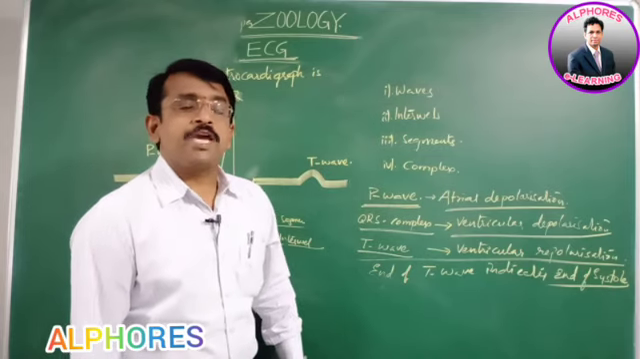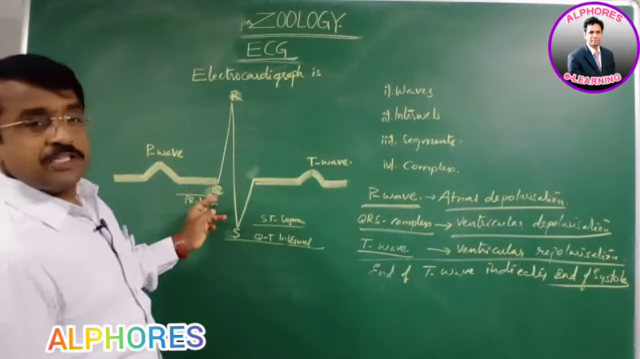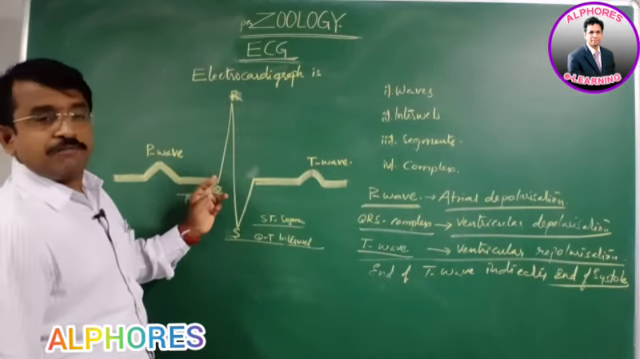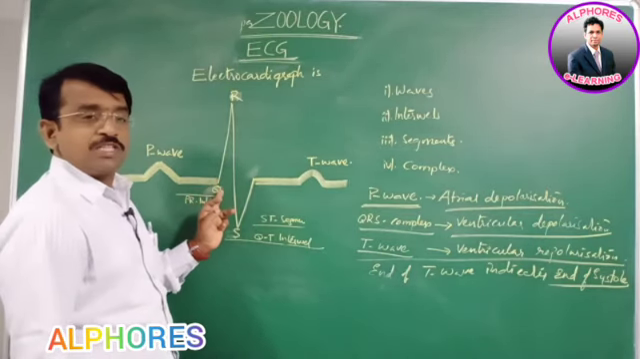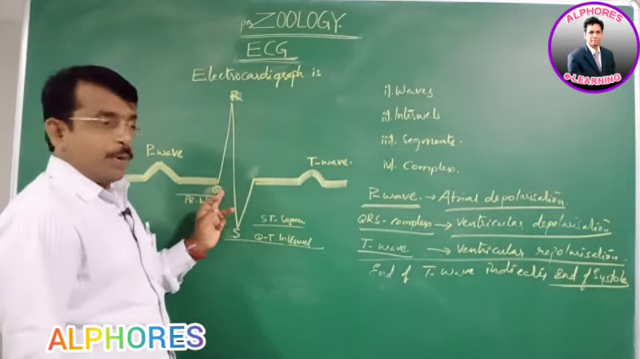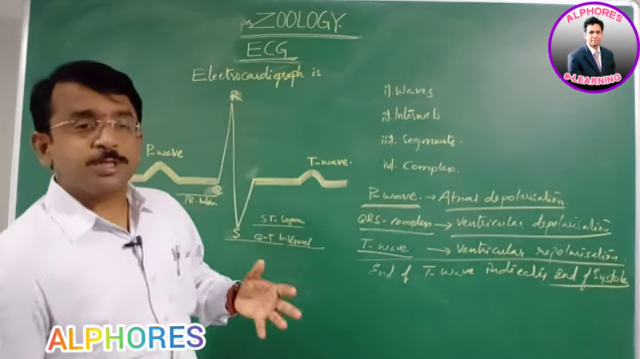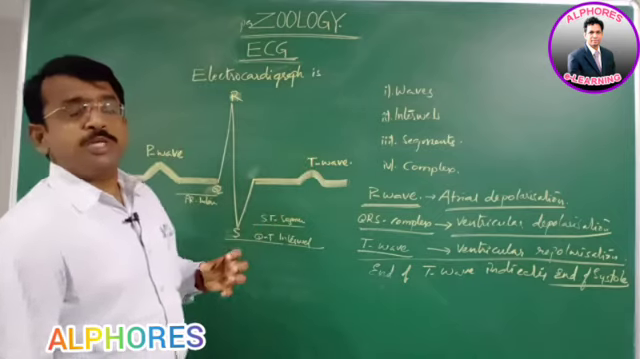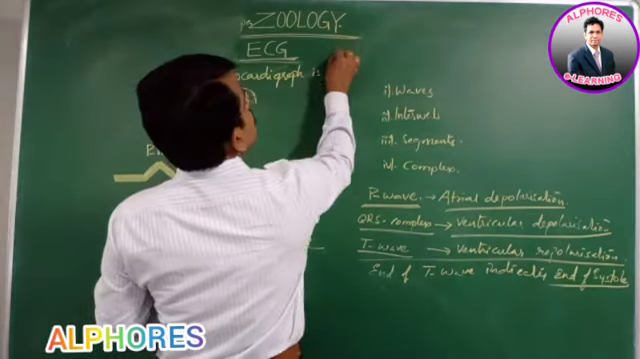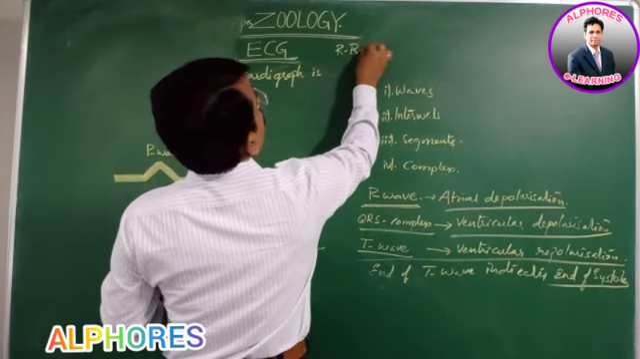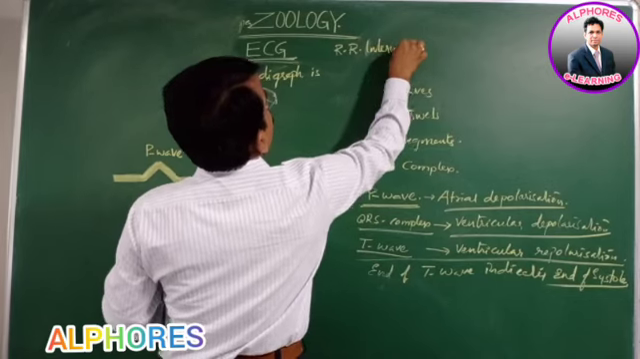Besides that, the PR interval is from the onset of the P wave to the onset of the R wave. The QT interval is from the onset of the Q wave to the end of the T wave. Besides that, we also see the ST segment. And the RR interval signifies